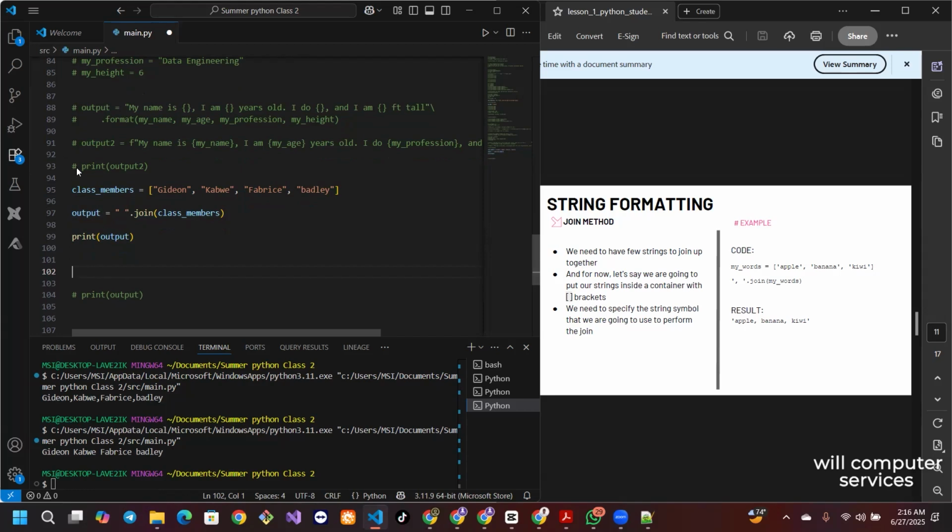I can say outputs, let me just do it like this: in today's class, we have the following students, or we have the following attendants. Then, because I want some names to be there,